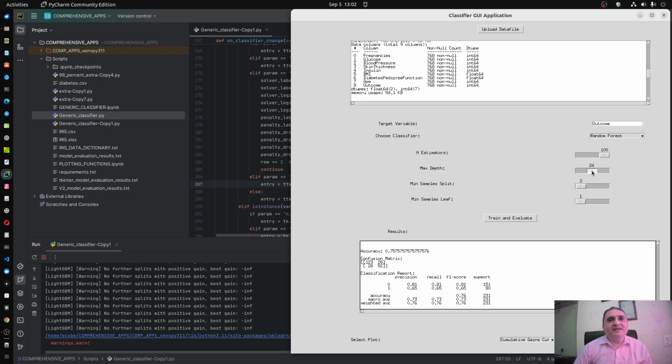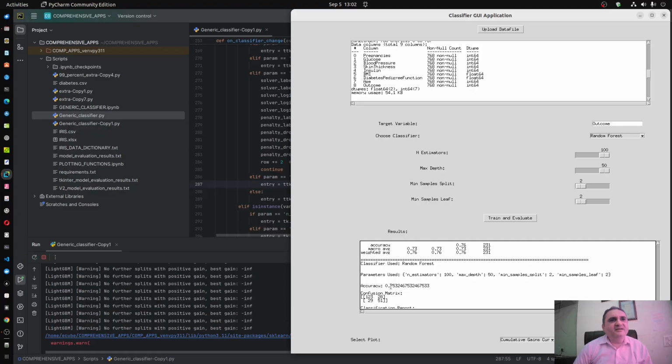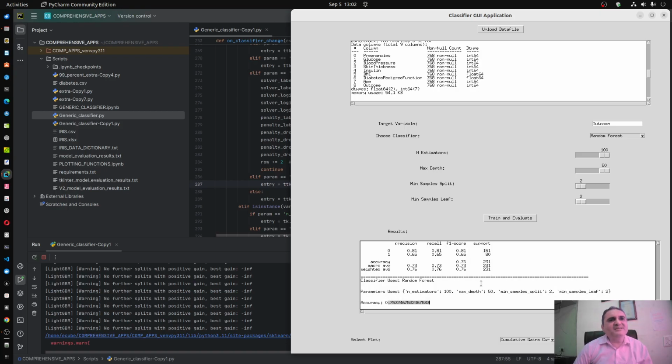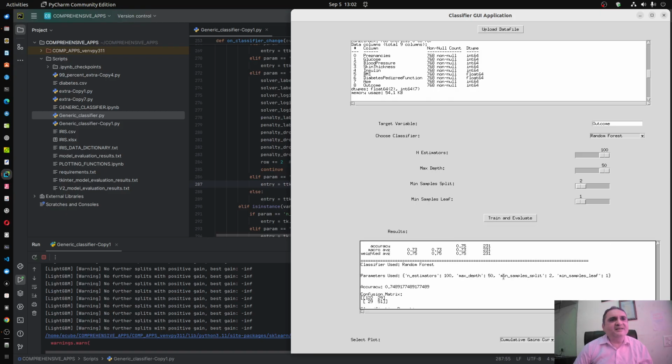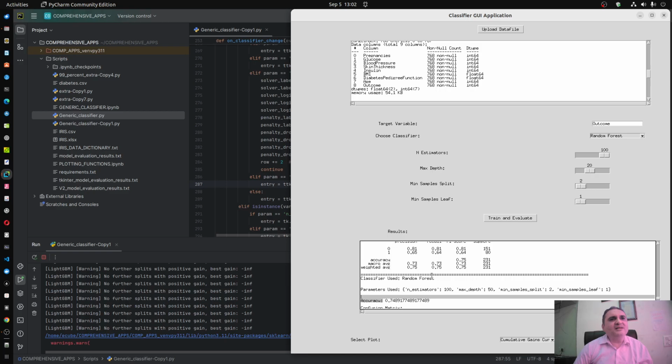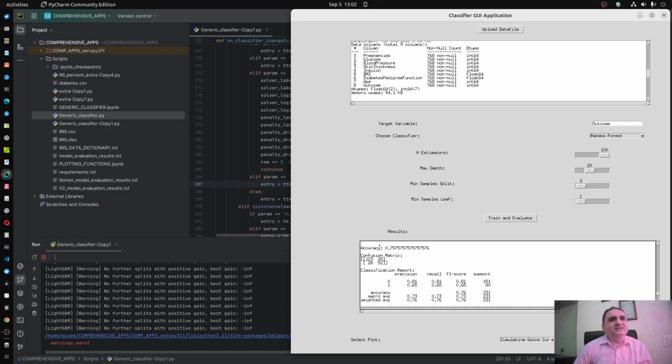So I may try to increase the max depth to 50, and increase the minimum sample leaf to 2, just as a trial. So 0.7575 was there. Now let us see what I get. I get 0.7532, so that means it is actually worsening. So I may keep this one only and try again. This time I get 0.7489. So even this is not getting perfect. Okay, so maybe a max depth of around 20, and then 0.744. So compared to all these, the best random forest is here.